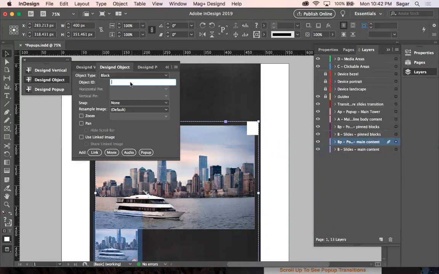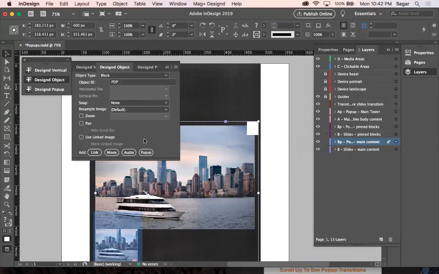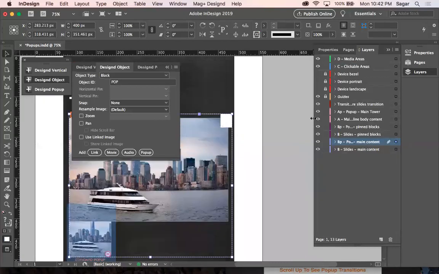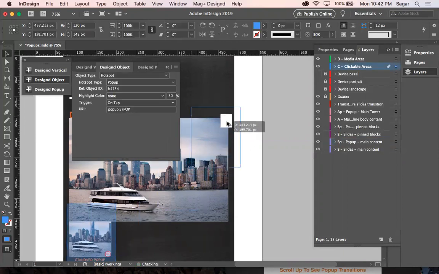You have to keep in mind that when you are grouping something with an object that has a predefined object ID, the object ID will vanish. So now I'm pasting that object ID again. So now my object ID is the same, which is pop. And I have created this white block just to give you an idea that maybe if you have designed your content in a way that you have a cross button over the top, you can just duplicate that clickable area. You can resize it